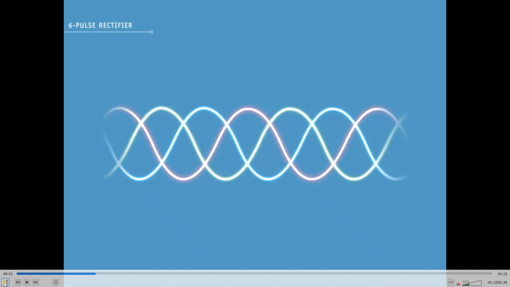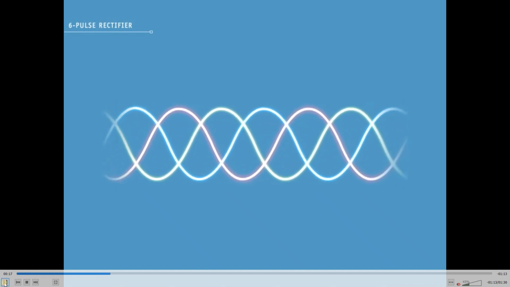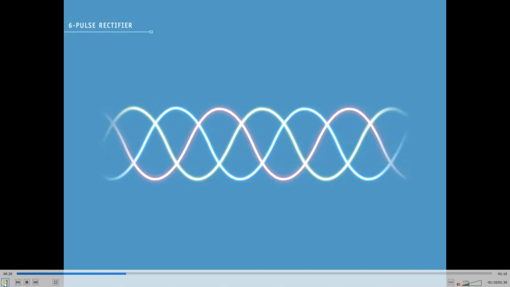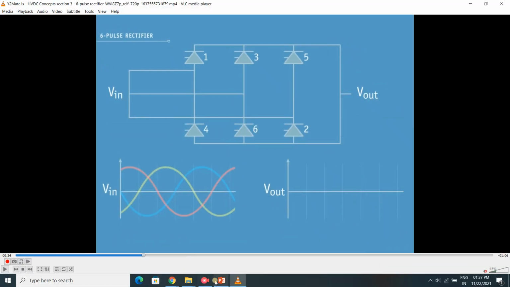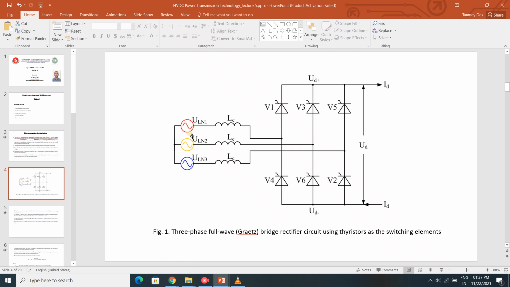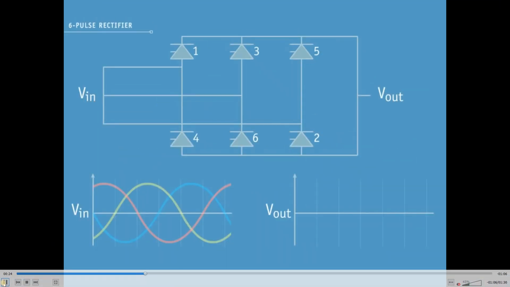This is the three phase RYB, we all know. Now we have the particular 6 pulse rectification bridge, that is the Graetz bridge, the LCC 6 pulse rectification bridge. So this is the diagram. You can relate it with the earlier diagram. Same thing. Here we have the three phase input, and the 6 different thyristor, or you can say valve setup, 6 pulse. See, valve number 1, valve number 2, 3, 4, 5, 6. Their arrangement is universal. Everywhere in the world, you will see this arrangement of the 6 pulse bridge.